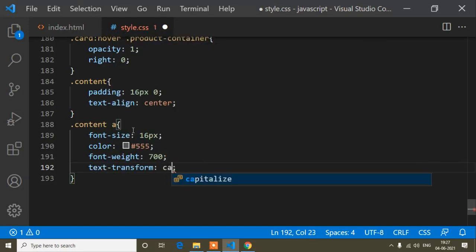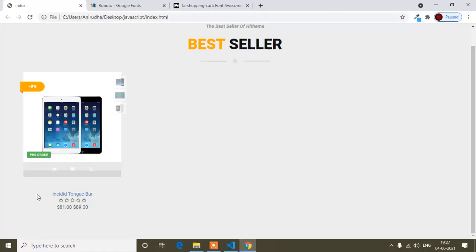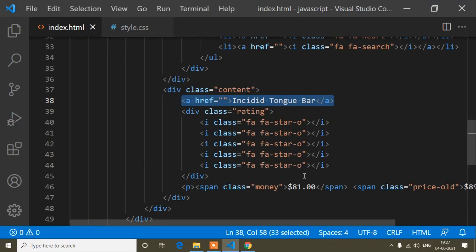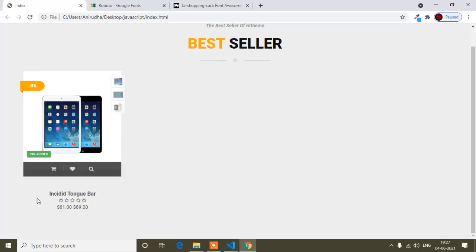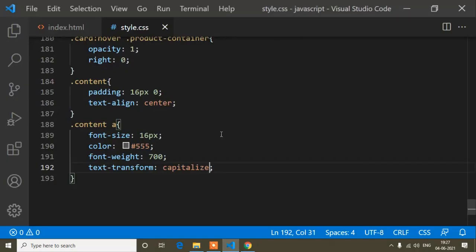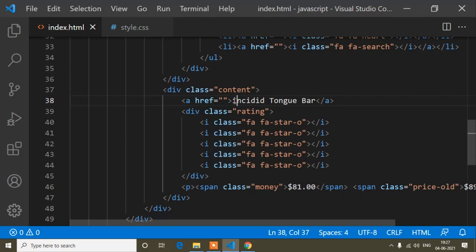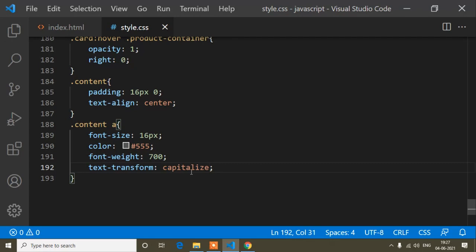transform, that is capitalize. That means guys, here you can see the text is already capitalized, because the first letter is capital and after that small letters, so that is actually capitalized. So again, to make it strong, suppose anyone changes the HTML, suppose someone writes it in small letters, and I set capitalize in CSS, then it will refresh, and you can see it's capitalized. Okay, after I change it here to small, that is the thing, so capitalize.